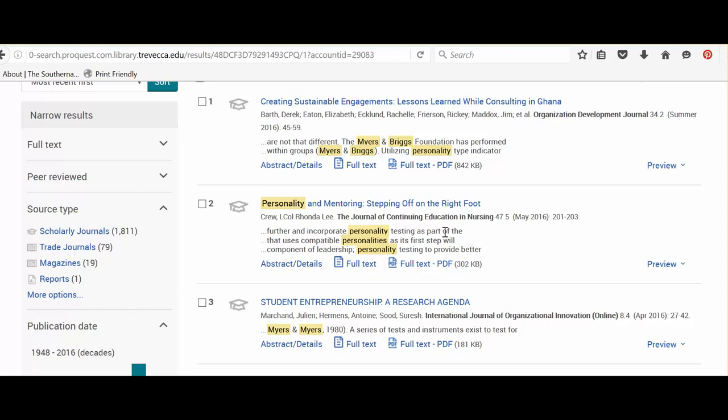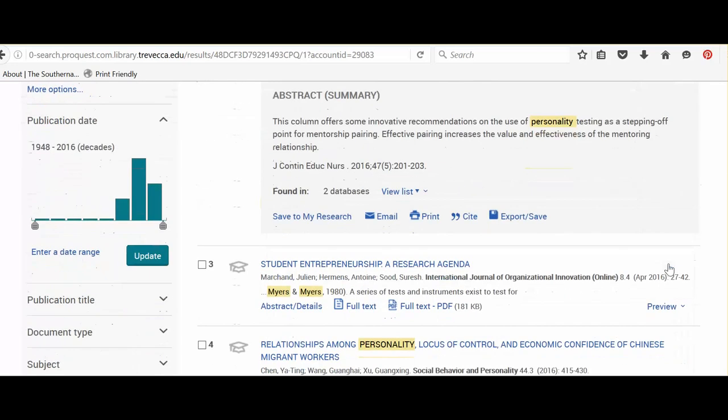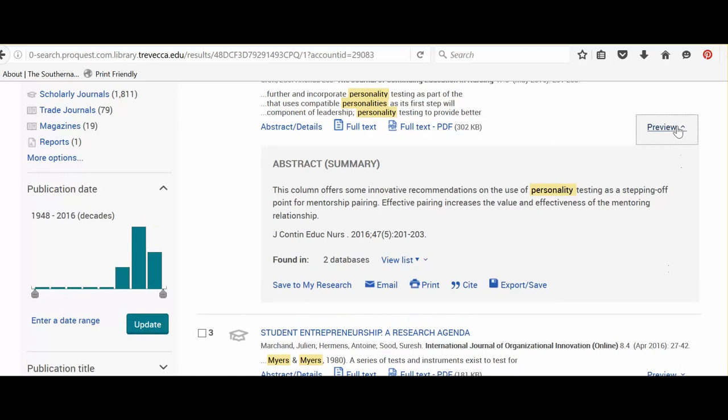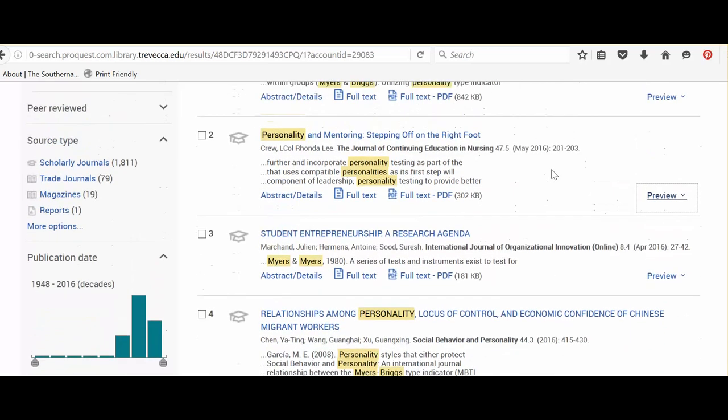This little bit here is a part of the abstract. To preview the whole abstract, just move your mouse over here, or you can actually click here, and it will give you the full abstract or the full summary of it. And you just simply click it again, and it goes away. You have format options. You have full text or the PDF full text. We generally say the PDF full text is your best option if you have choices.